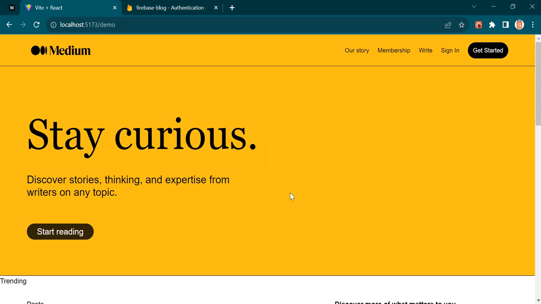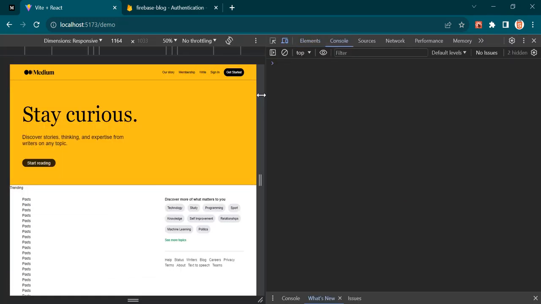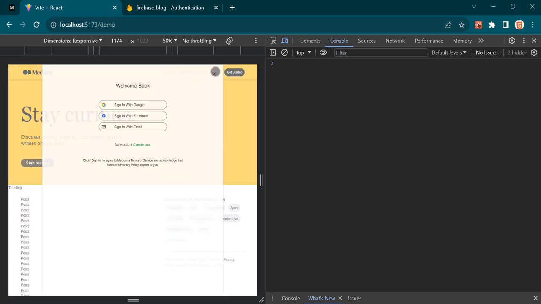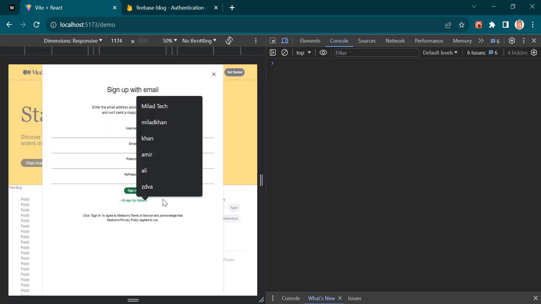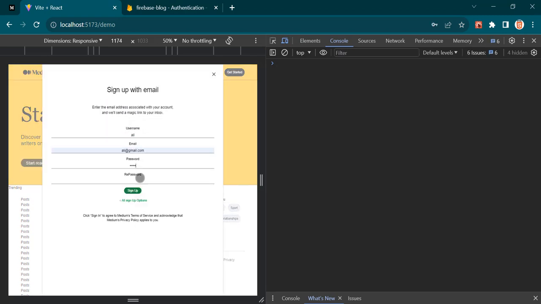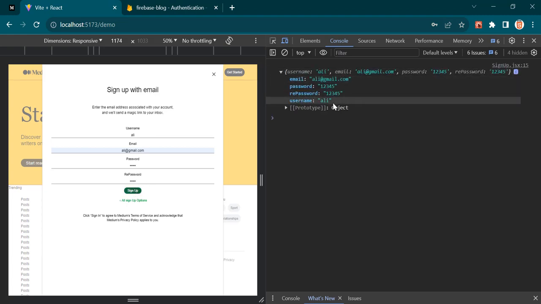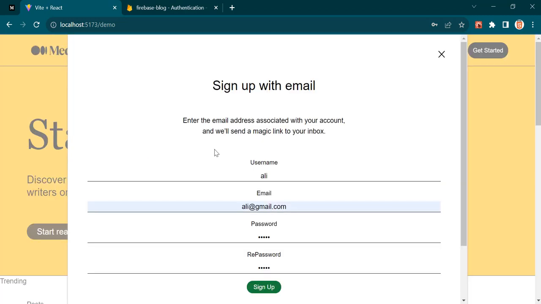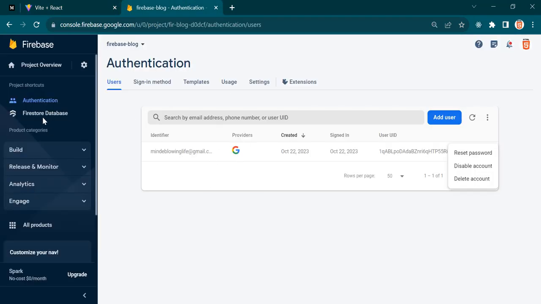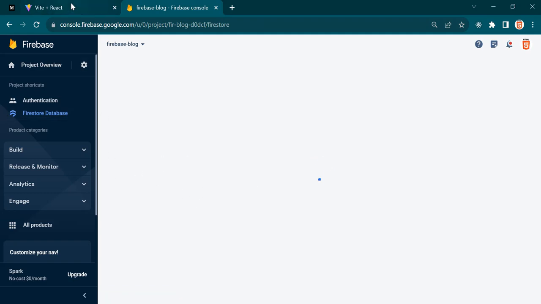Now I'm going to inspect the browser and check this console. Okay, open the sign up. Now if I click this sign up, as you can see, we could successfully get all the inputs value. Okay, we got the value, and it's time to make the sign up operation and save the user's data inside our database, inside this Firestore